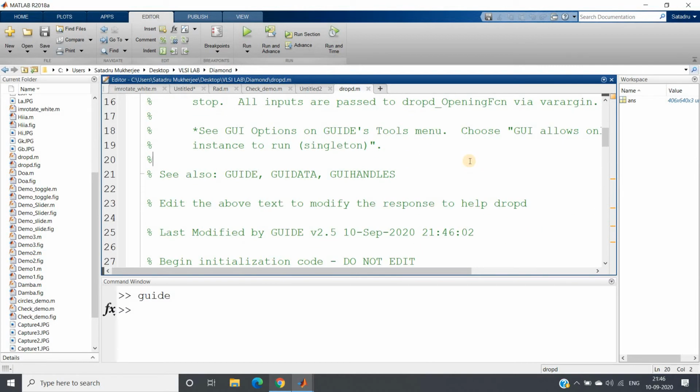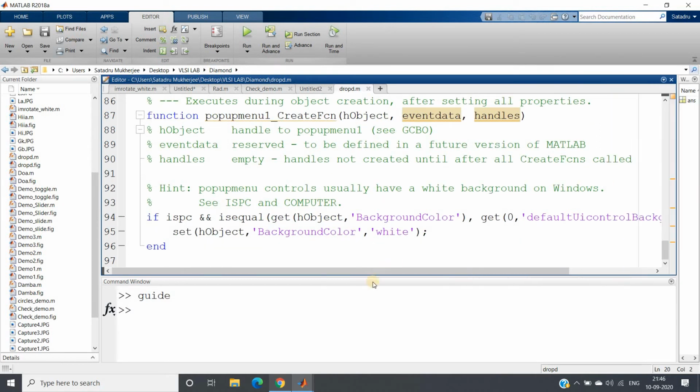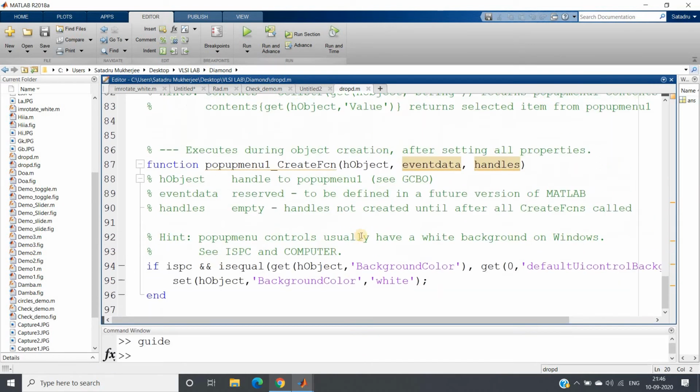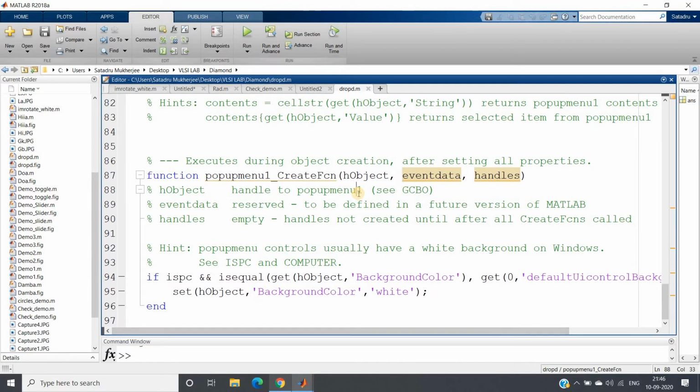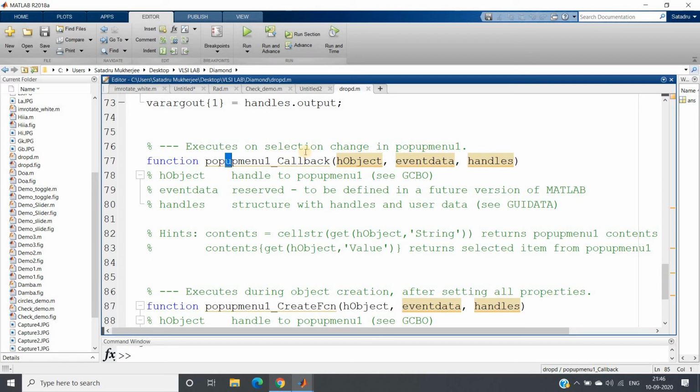No need to think about anything much, okay? MATLAB will be giving you help to write the code if you don't know the inbuilt function or forgot the inbuilt function, okay? Go to pop-up menu callback, which function will be executed when you select one particular option from the drop down, okay? Here in the hints part you will be getting everything.